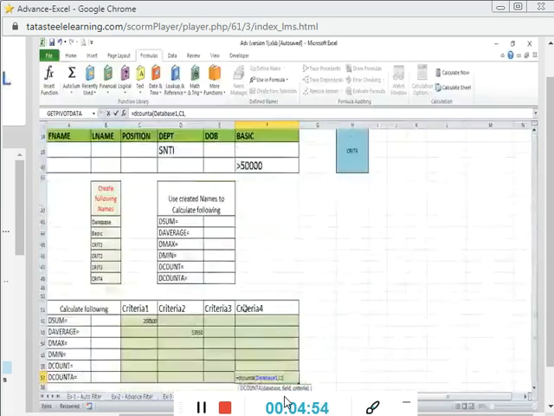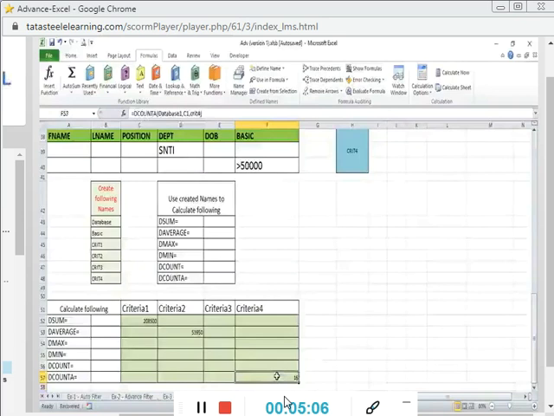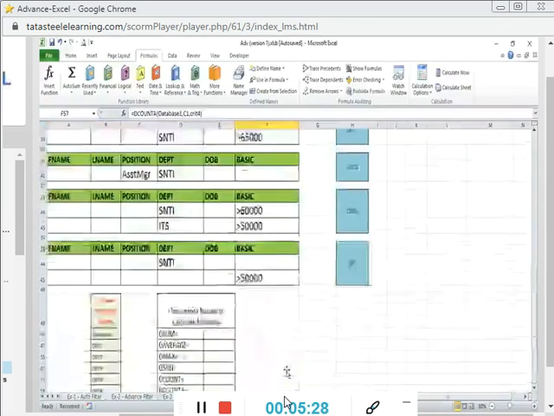So both will be taken care of in this case. So comma, we are using criteria 4. So select criteria 4 here, and close the bracket, press enter key, and you see 16 rows have been selected. There are 16 records meeting this criteria. The person either has to belong to SMTI or basic is more than 50,000. So meeting these two criteria, there are 16 records found in the database.